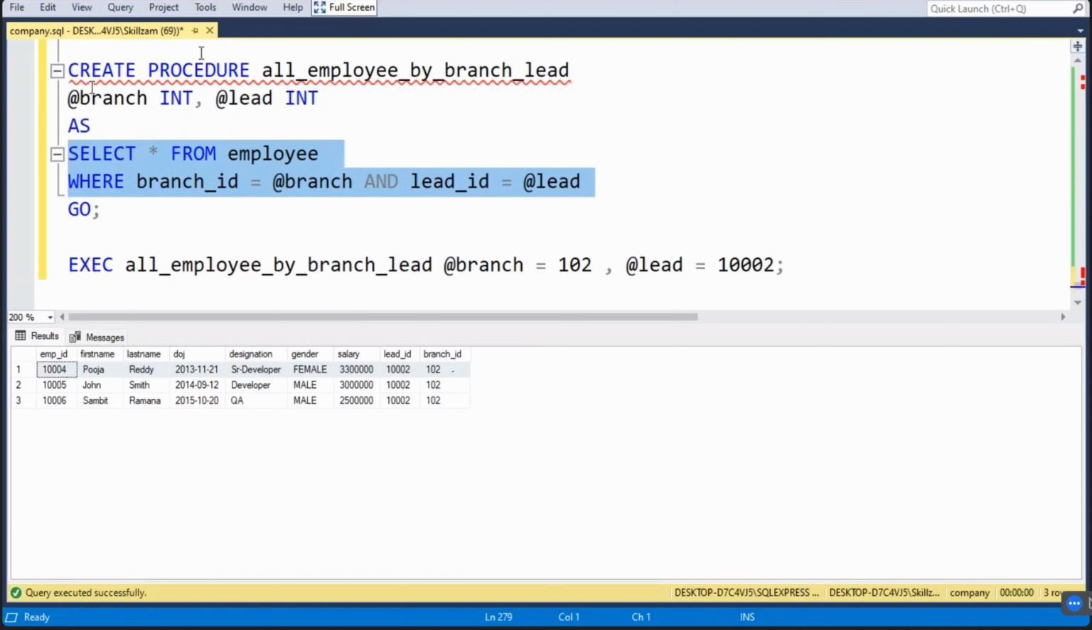So once you create a procedure, in order to make life simpler, just create one procedure and use that procedure name to execute using the exec command. That will make life much easier. All right, so with that understanding of the stored proc, let's jump on to see